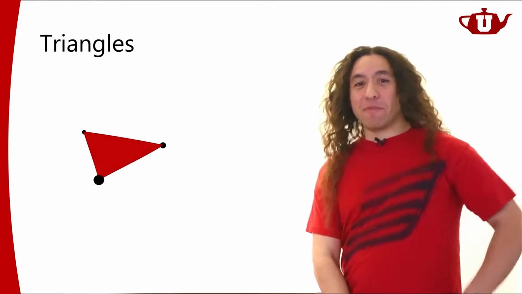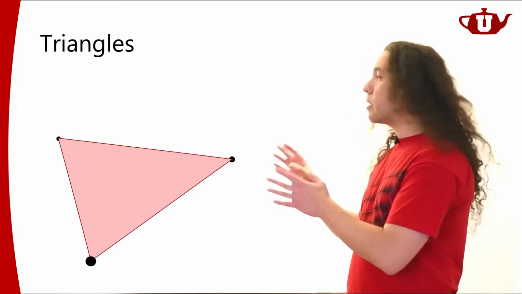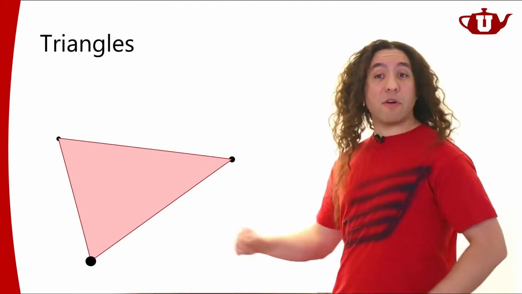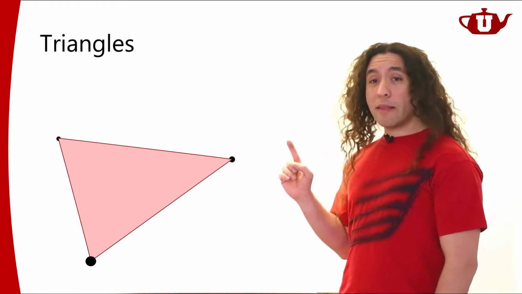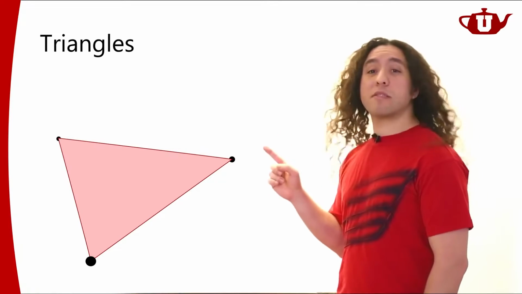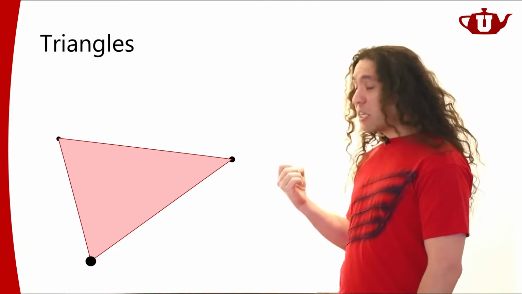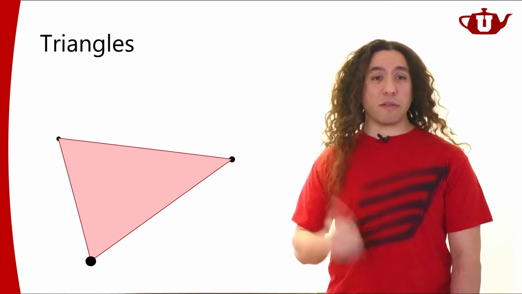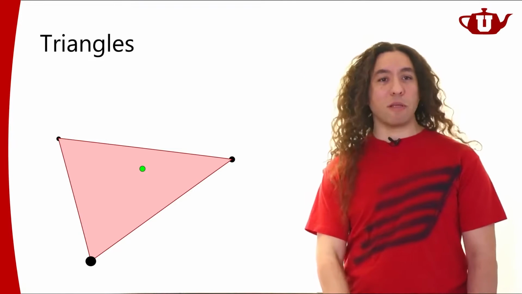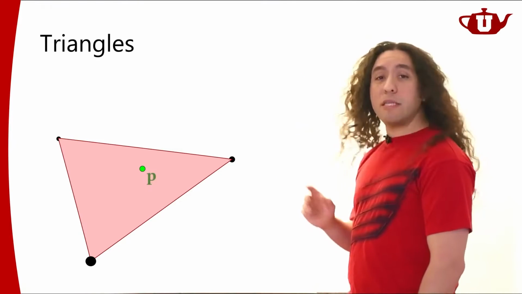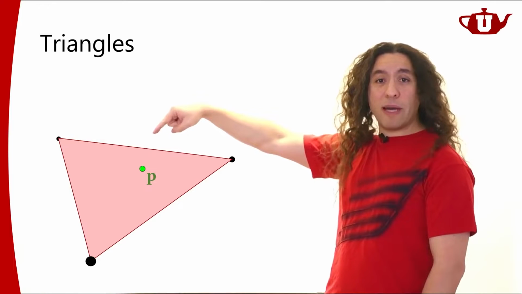So I have this triangle. The operation that I'm going to do when rendering this triangle is that I'm going to be sending these vertices through my vertex shader, and then they'll pass through the rasterizer, and then I'm going to get some fragments in the fragment shader. More specifically, in the fragment shader, I'm going to get a particular point on this triangle, just one point. Let's call it P. What the GPU is going to do for me is compute that position P.